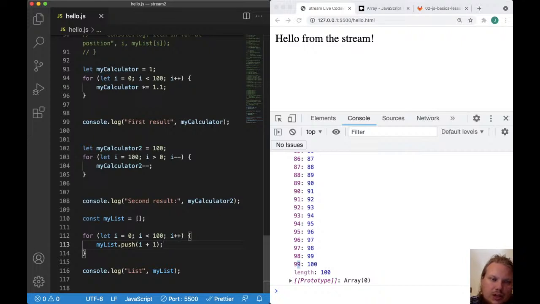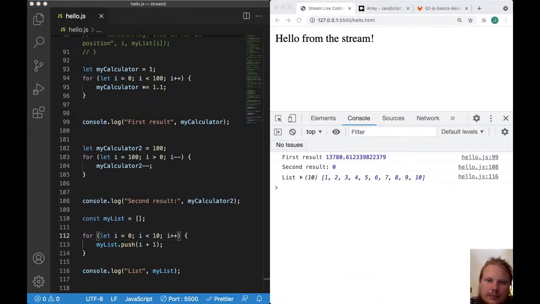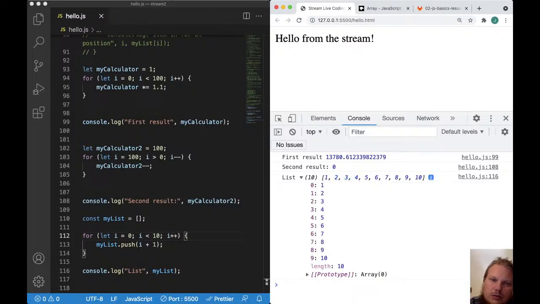So now we have this list that I populated on my machine. My machine is slow today, so I'm just gonna put 10 items. It's a bit faster for me to click these. So you see, it goes in the order where I push the items. So 1, 2, 3, and so forth, all the way to 10. But if I want to push them in different order, so I want to push 10 as the first one and 1 as the last one, so in reverse order. So what I'm gonna do,